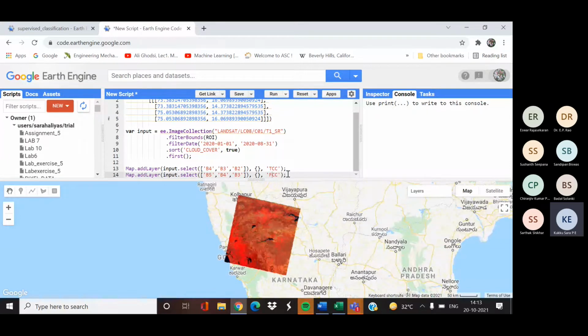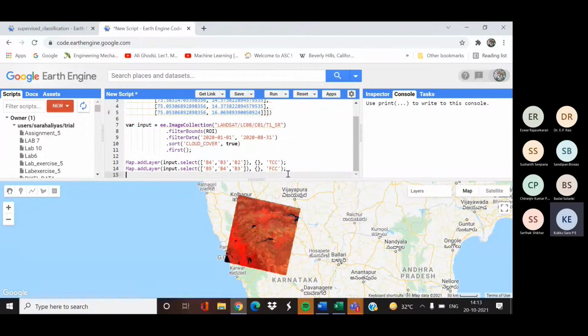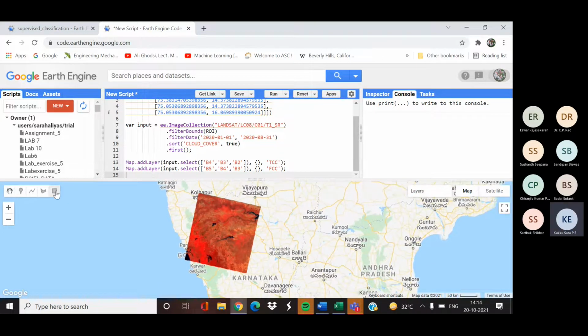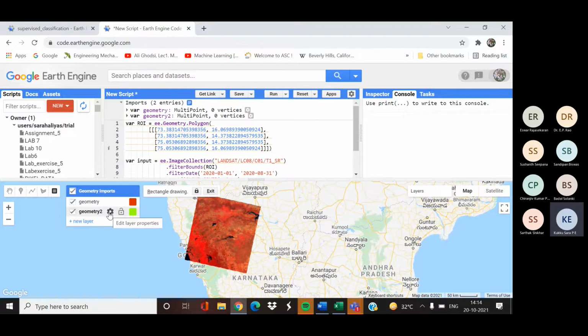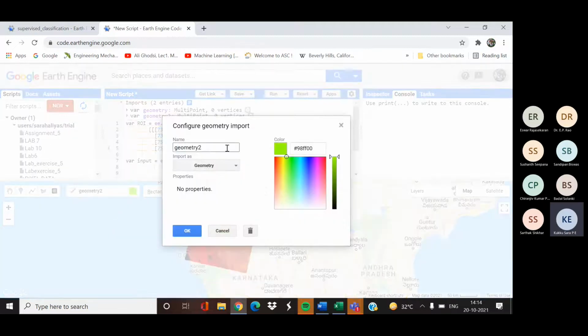Now the first step is that we have to collect the training data to train our model. For that we will create training points for different classes. Create a new geometry, that is, select new layer. First we take the training points of agriculture land.